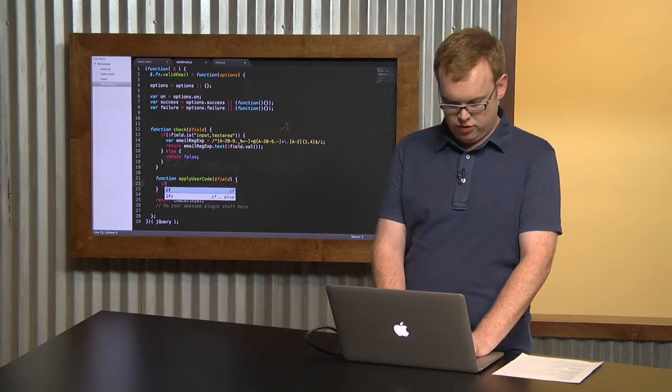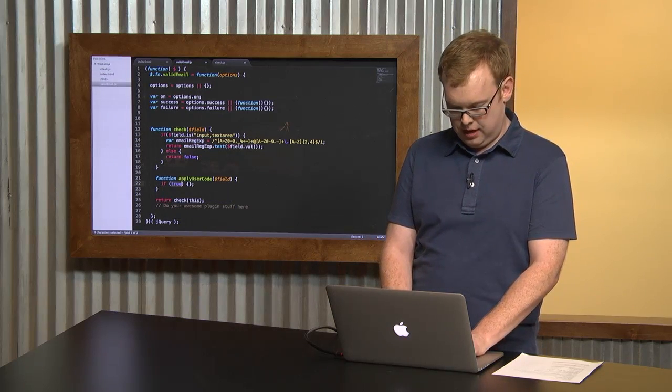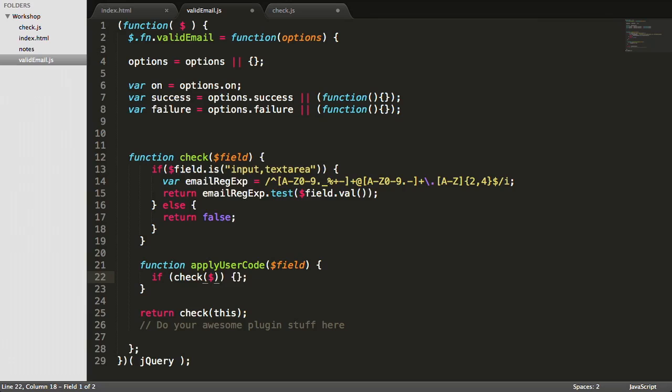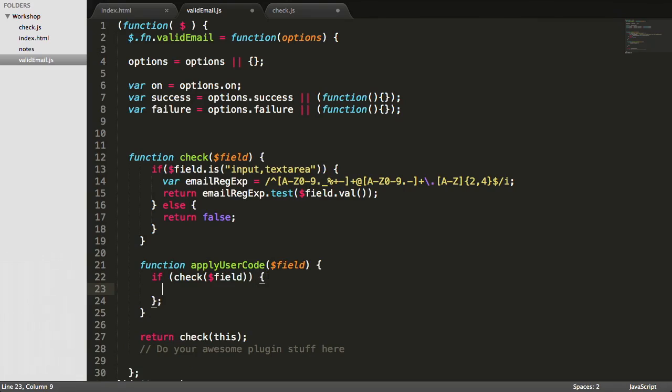Now we want to check if the field is valid, and if it is valid, we want to call the success method. So we do success, call, and then we need to get the first HTML element